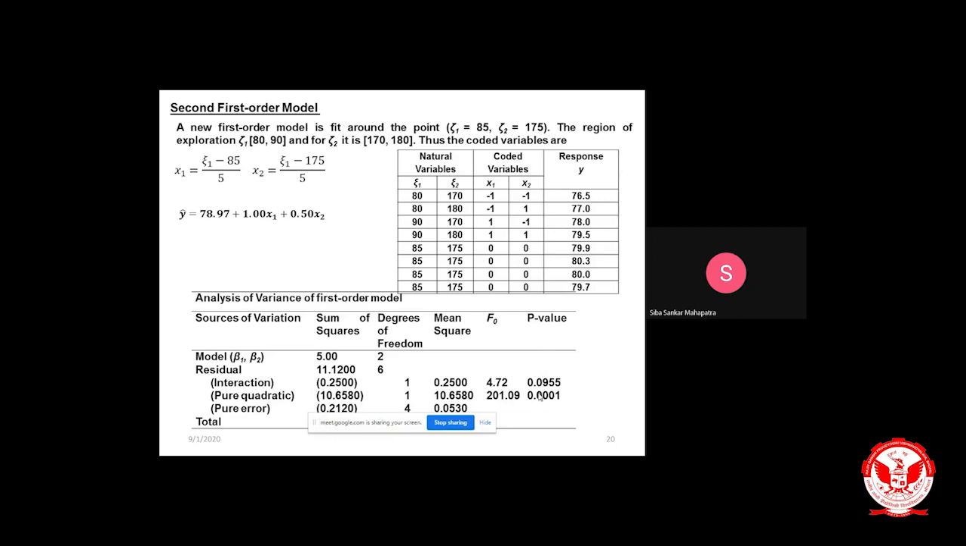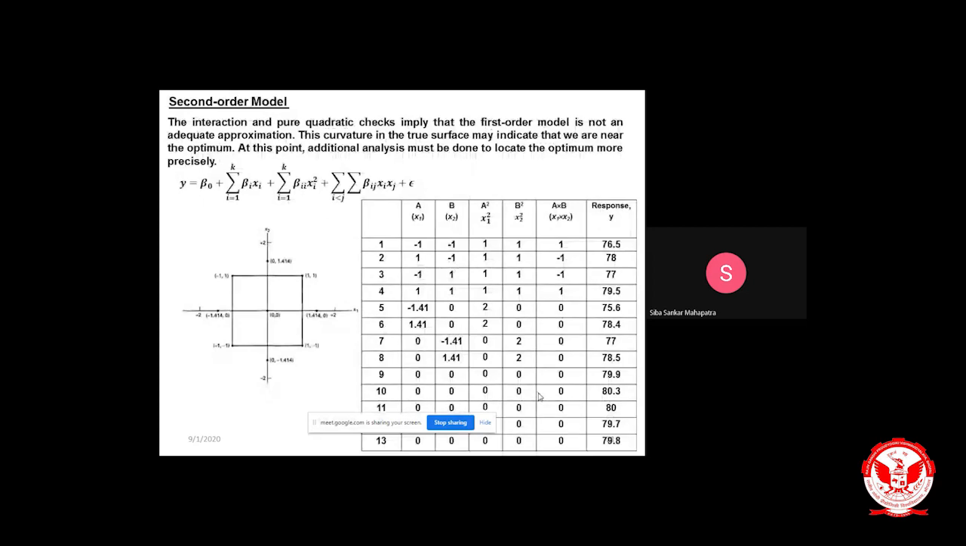Right? So at this point we got that we need a linear model no more effective, we need a quadratic model. So at this point you use a quadratic model. So for the quadratic model, what you have to do, you use a central composite design,